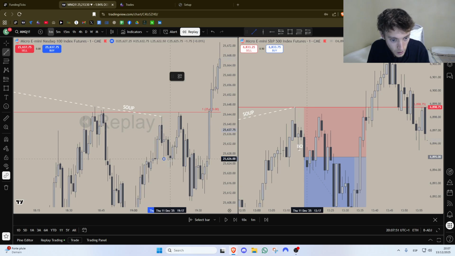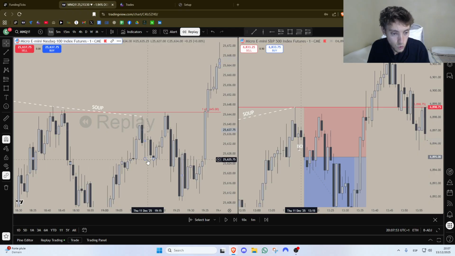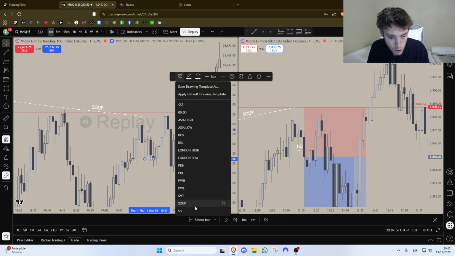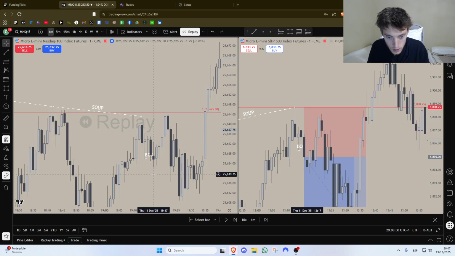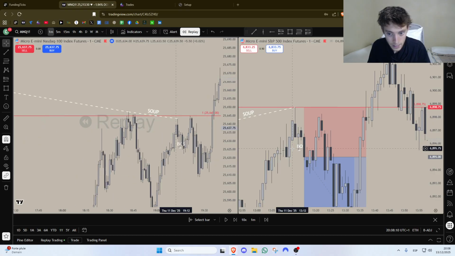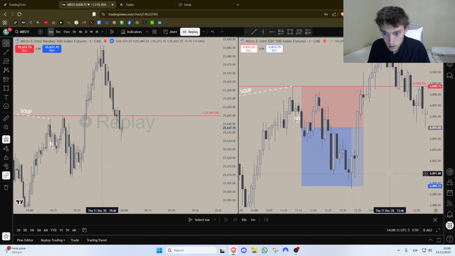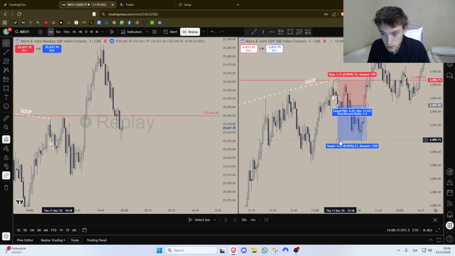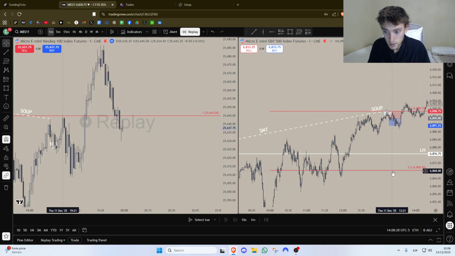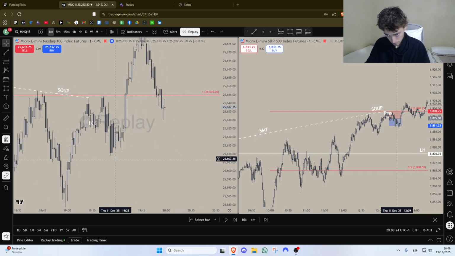The reason we didn't enter on NQ was because we broke structure 1 candle later. We broke it on this candle on NQ, but the candle before on ES, we actually broke. So we entered on ES first because it was weaker than NQ. And then, you know the deal, target 1-to-1 risk to reward. Boom. And then make sure we haven't tapped the H1 equilibrium yet, which we didn't. And boom.